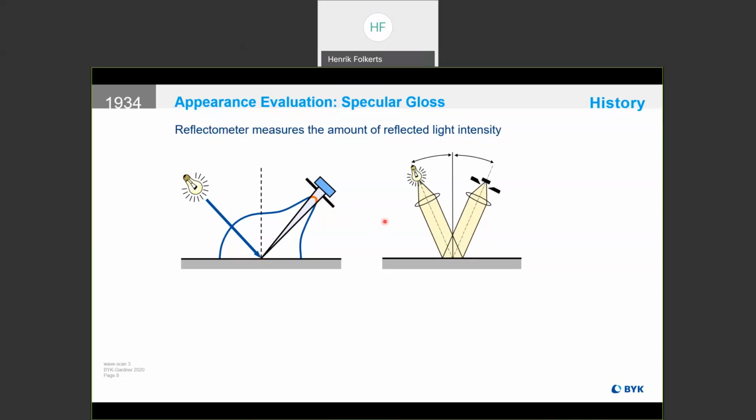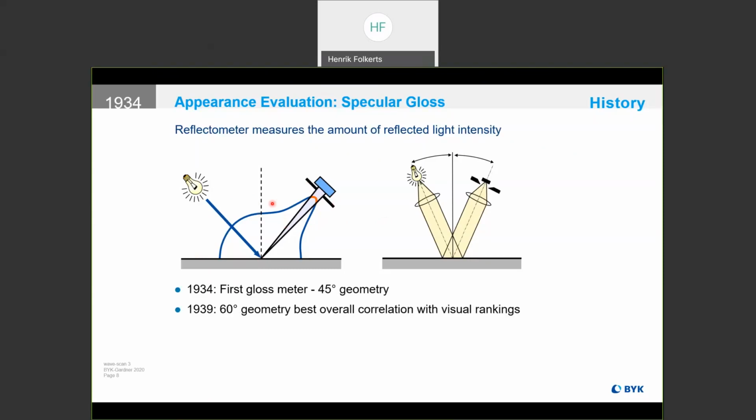And there it was, the first gloss meter, 1934, which had a 45 degree illumination angle. So that's the easiest way to do, just a half of the 90 degree. But the users found then in some cases that the correlation is not so good for a wide range from matte to high gloss. So further development work